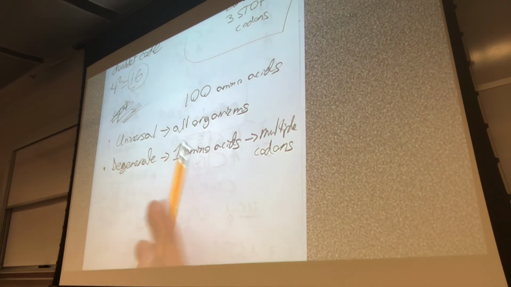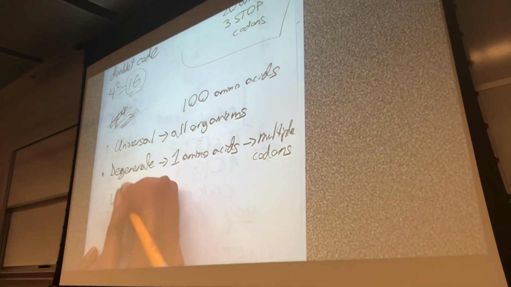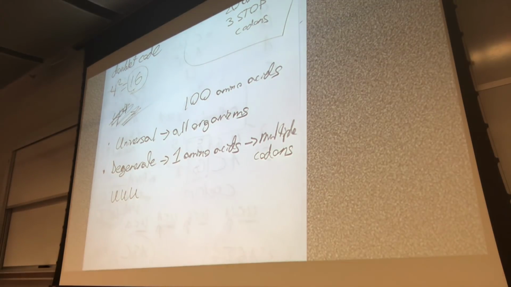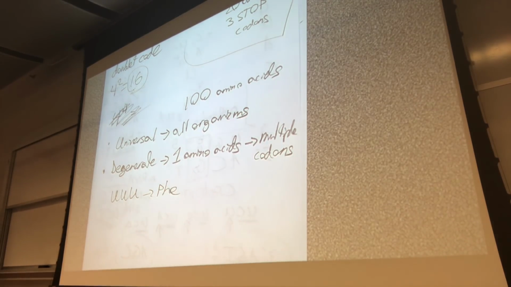But yeah, the phrase universal is more general. For example, if I pull out a codon table real quick: if you have UUU, it doesn't matter what organism it is, it'll always code for phenylalanine. That's what universal means. Okay, so universal, degenerate,